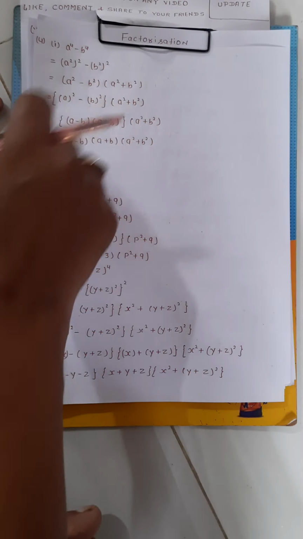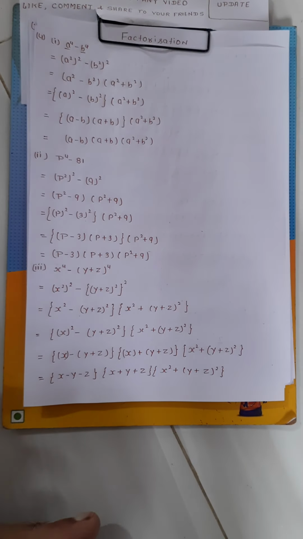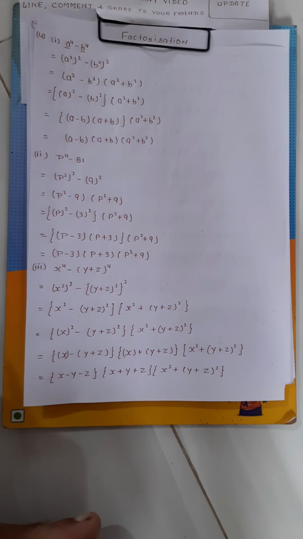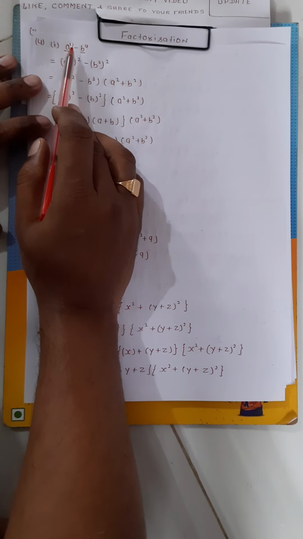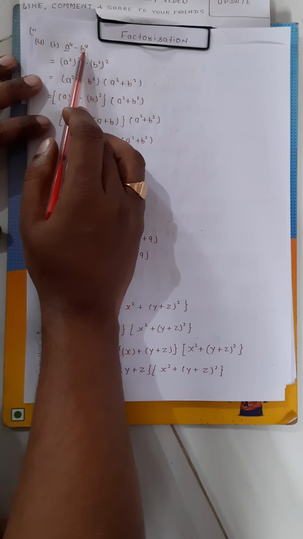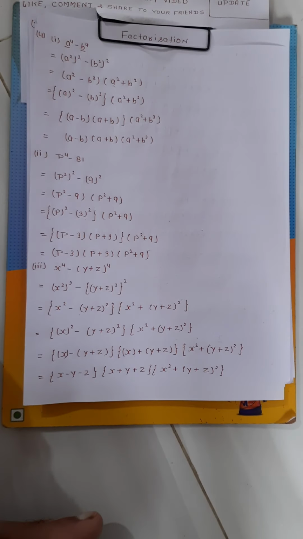Okay, here you know that there are only two terms. And if you get two terms, then definitely you will try to apply identity number three. But before applying identity number three, first we check whether we can take a common factor from both terms or not. Here only a into a into a into a is there, and here b into b into b into b. So there is no common factor in both terms. Now you cannot take the common factor.